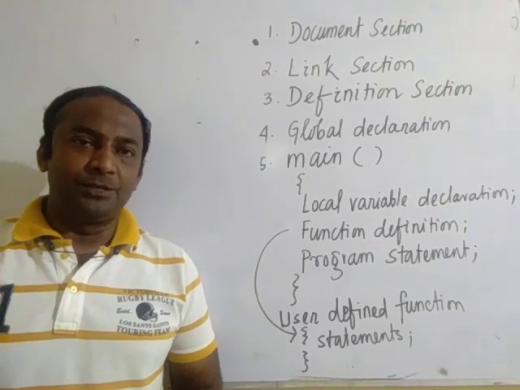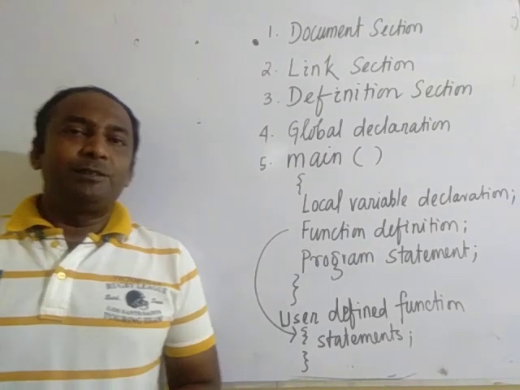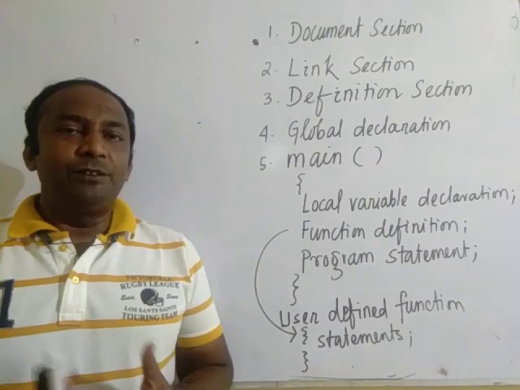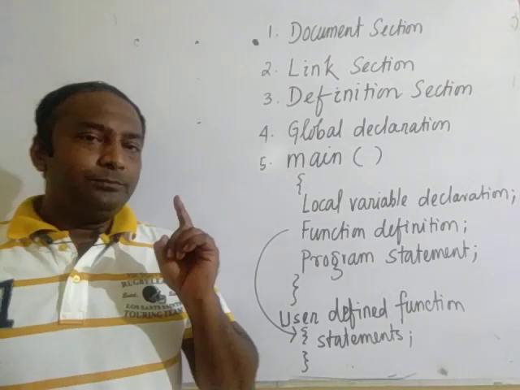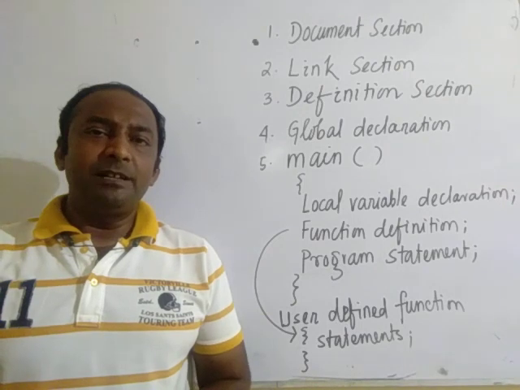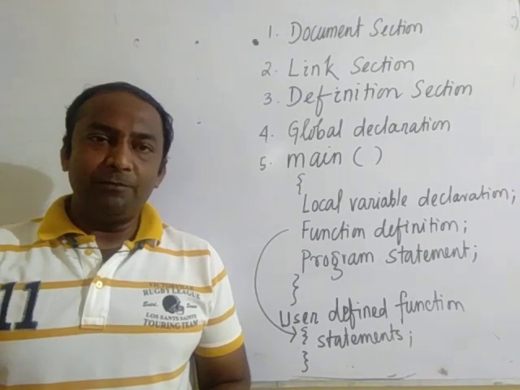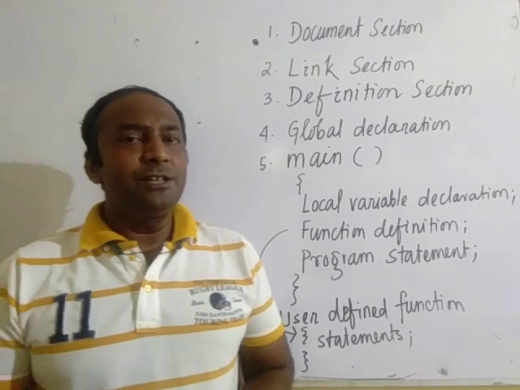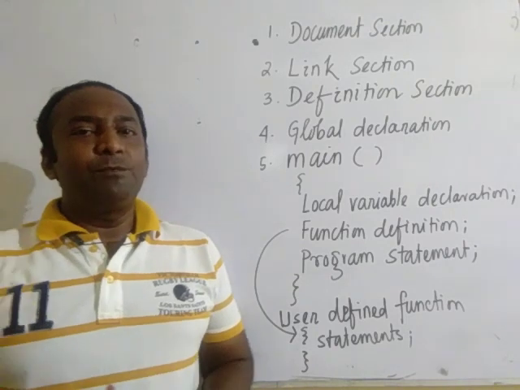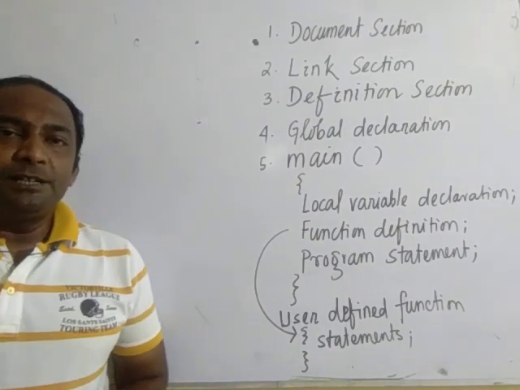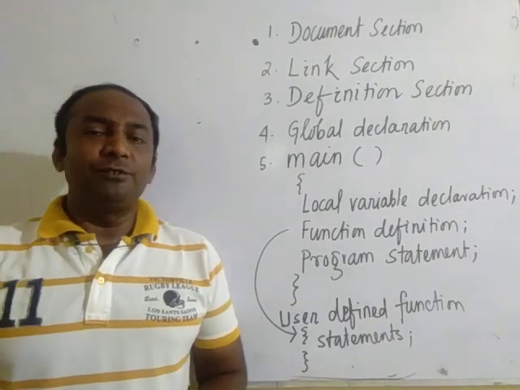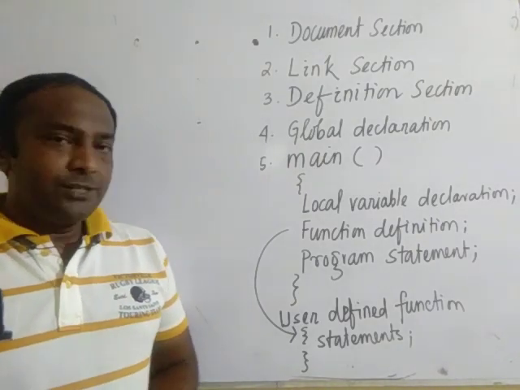C programming language. Basic structure means what are the basic components needed when we write a program. In the previous class we learnt about the history of C programming and its features. In this class we will discuss the main requirements while we develop a C program. There may be some compulsory parts, some mandatory parts, or some optional parts. We will discuss one by one.